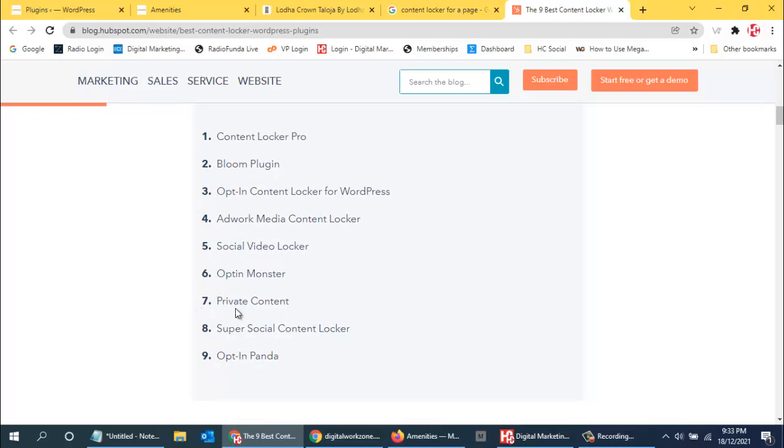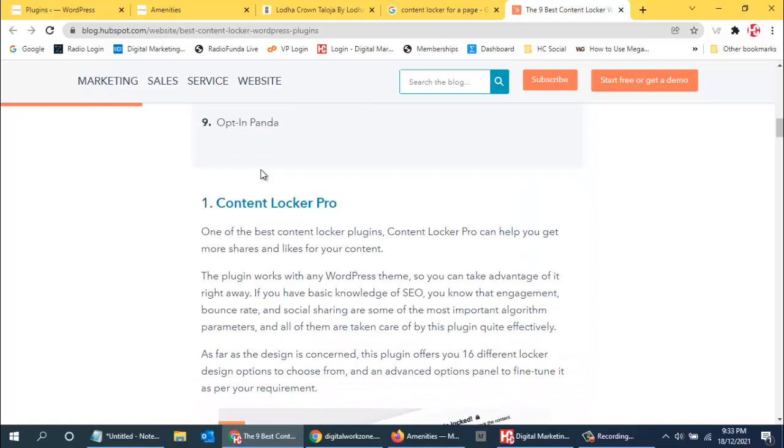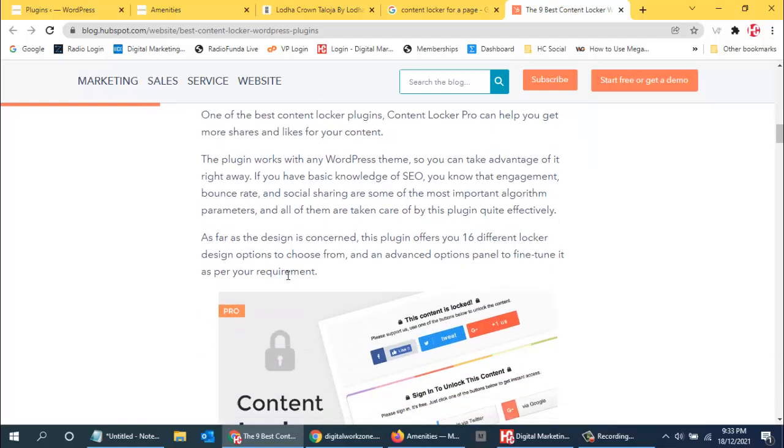We just need to read all these things. One of the best Content Locker plugins, Content Locker Pro, can help you get more shares and likes for your content. This plugin works with WordPress themes, so you can take advantage of this as far as design is concerned.